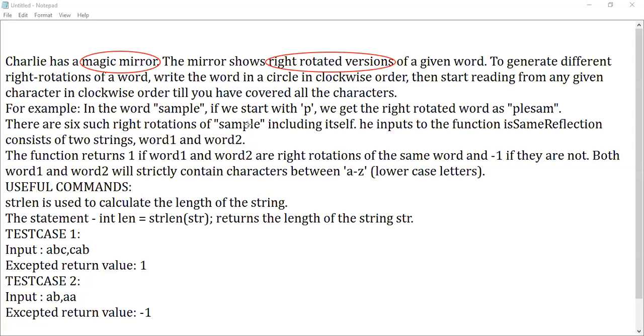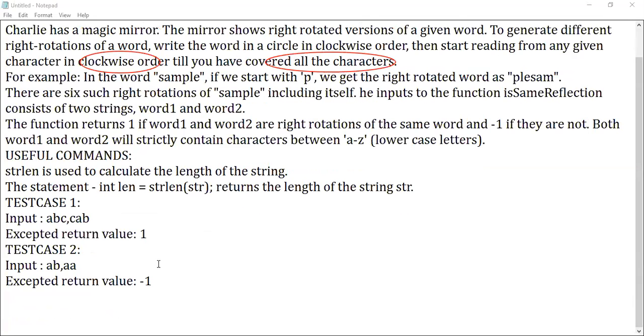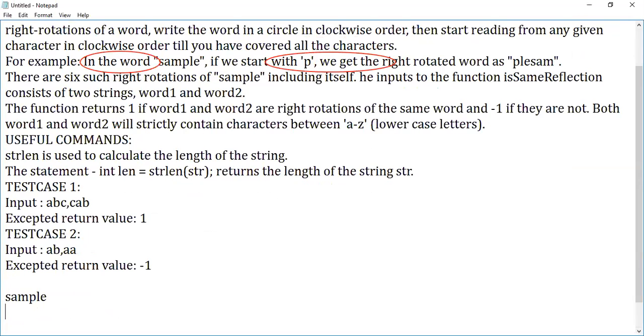There are 6 such right rotated versions of sample. So when we take the word sample, we'll have some possible rotations. They are asking us to write this word in a cyclic form and form the possible combinations. Here, what are we supposed to return? The input to the function is sameReflection.